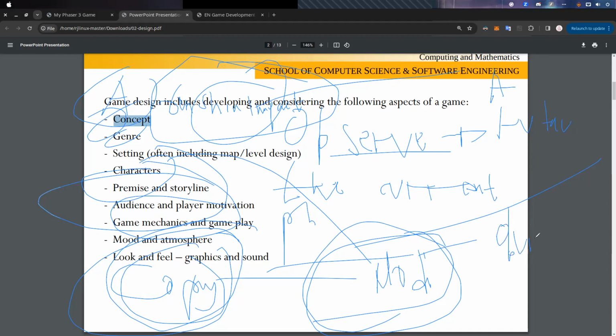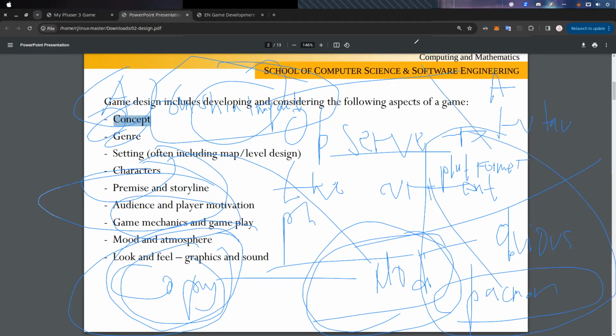We start with the simple one, for example Pac-Man, or maybe a simple platformer, just like Super Mario. We start from the simple one, and you have to make sure it's obvious for yourself based on your experience and your capability.